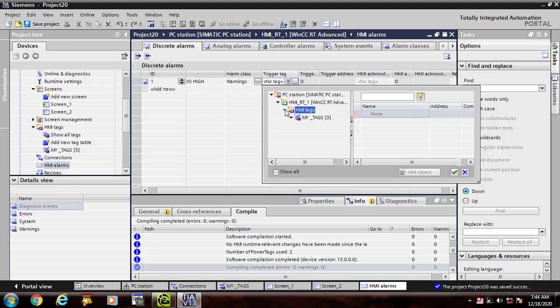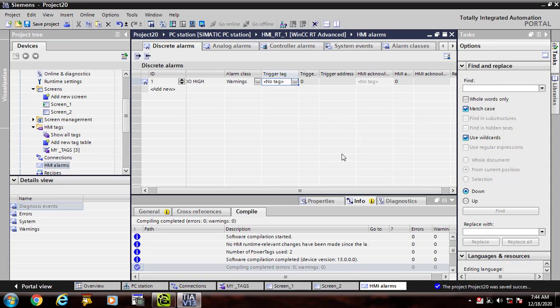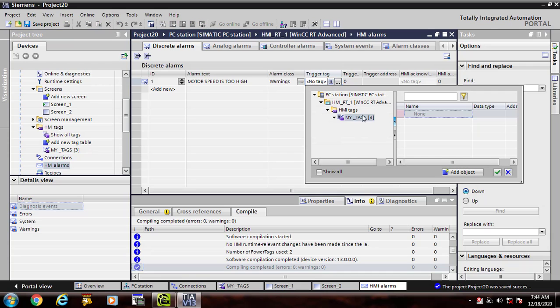go to HMI tags and assign a tag to it. What kind of value do you want to display on your alarm? I think my motor 1 should be the value that I want to have on my screen when it goes higher, when it crosses the upper limit.